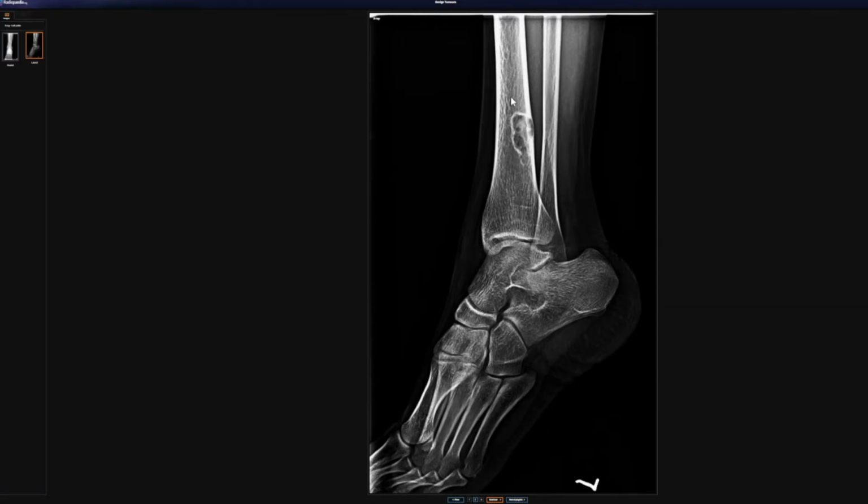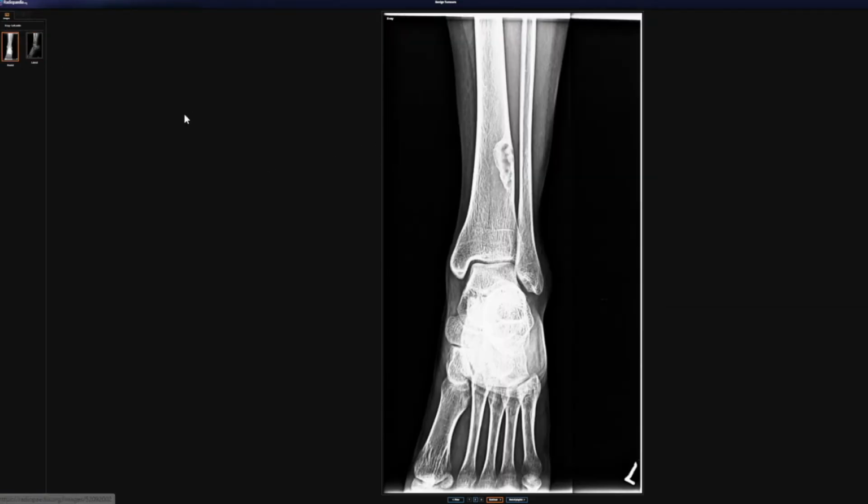We can all see that there is this lucent lesion within the distal third of the patient's tibia, and it is found within the diaphysis. These are all keywords and phrases that you all need to be aware of and familiar with and ready to write down in your exams or your coursework. So